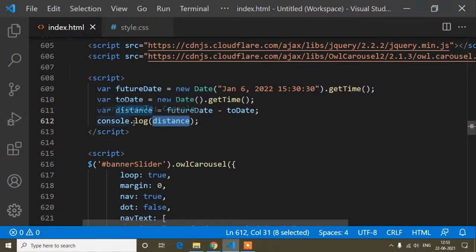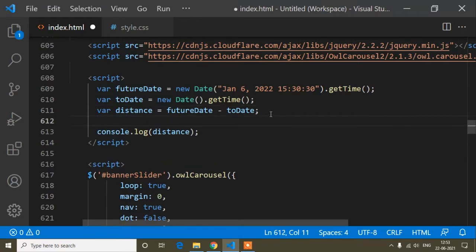I mean I have to extract these. How can I do that? Because I get the distance, how much time is remaining, in milliseconds, so from here I have to extract days, hours, minutes and seconds. I will show how I can do that.